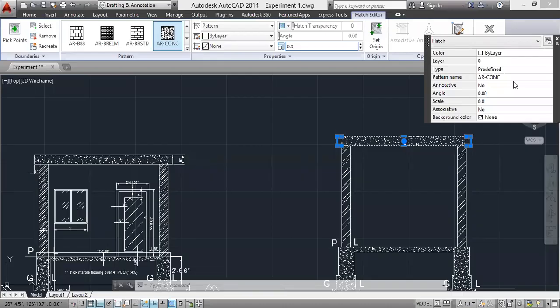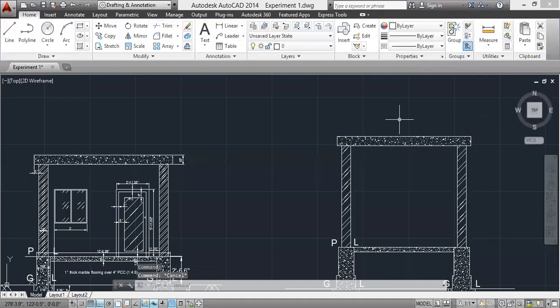So now the scale factor should be 0.04. Escape. Okay.